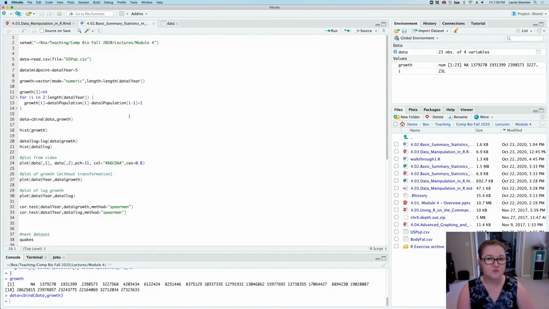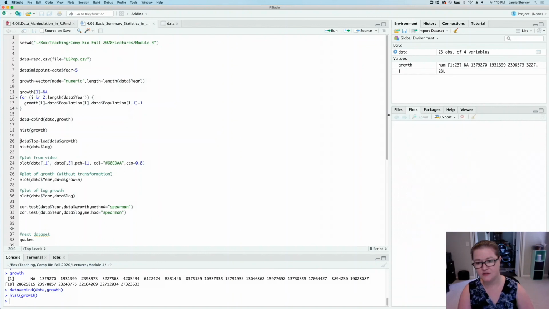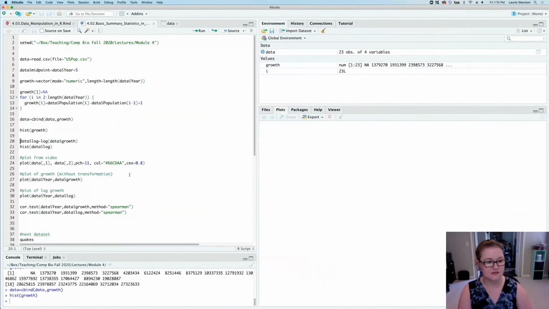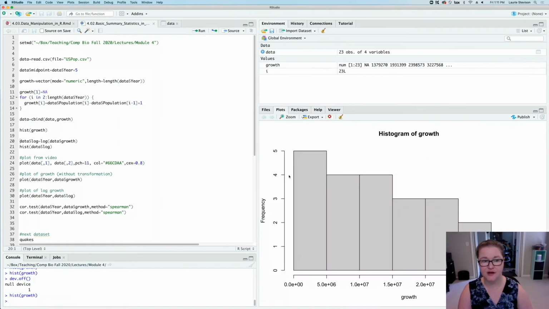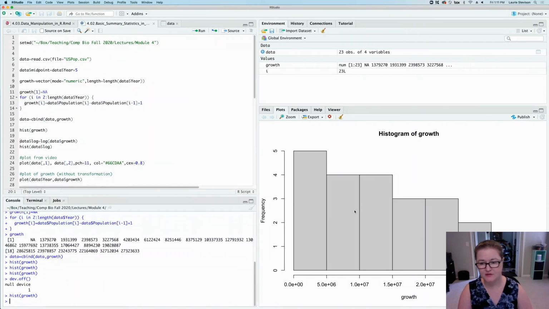Now we're going to want to explore this new parameter within our data set, growth, graphically. So let's look at the histogram of growth. And that's going to produce over here, and I can drag this so that we can see it. Now we can see our histogram of growth over here. I'm going to move this up a little, and you can see that there's a nice distribution of growth throughout